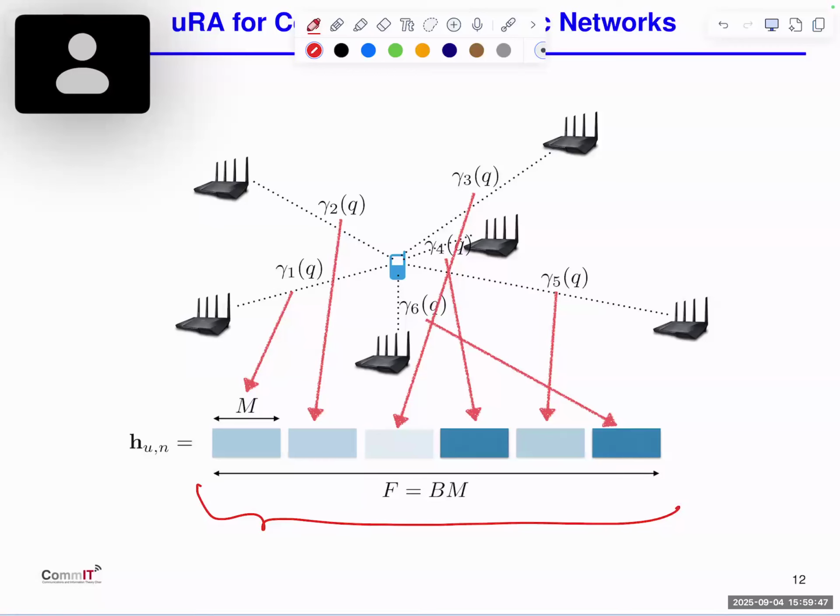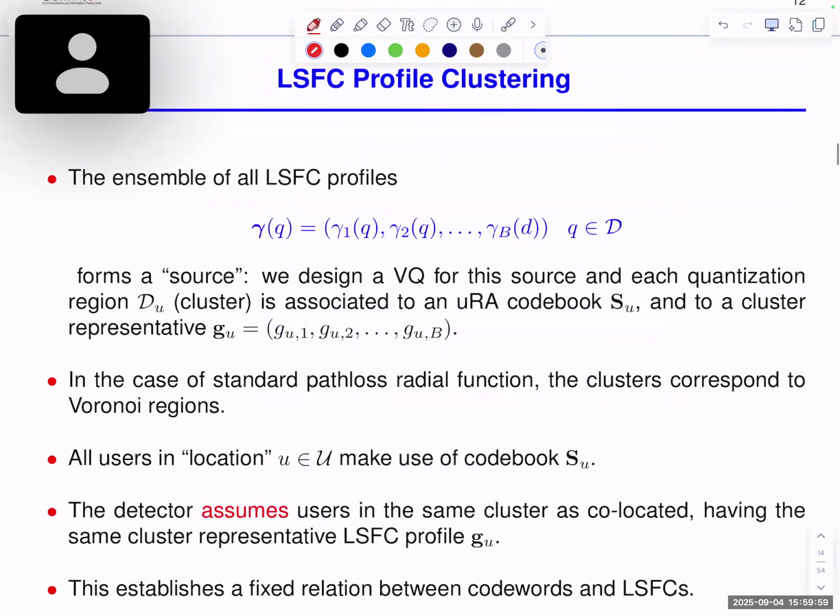Again, if we want to average over, so remove this conditioning, the combined statistic becomes a Gaussian mixture, and it's very complicated. So what we do, we cheat, and we say, okay, we are going to design an algorithm that allows a little bit of mismatch. We are going to take the whole set of the LSF profiles over a sufficiently dense grid of positions of the users. We see this as a source, and then we create a vector quantizer. So we cluster these LSF profiles